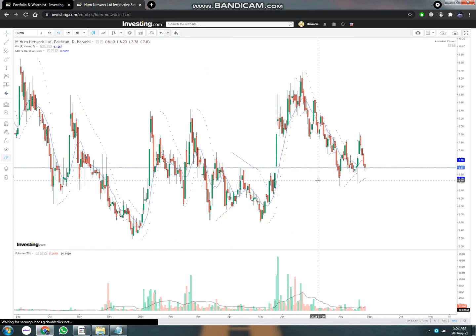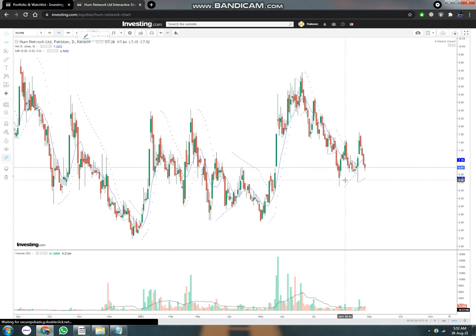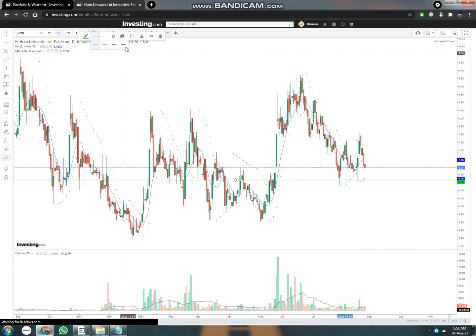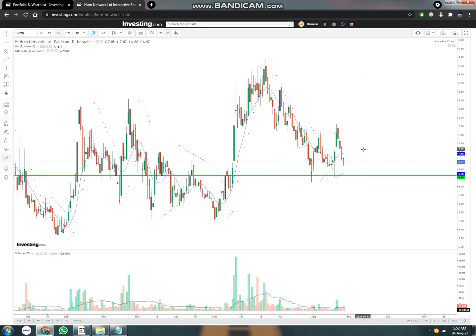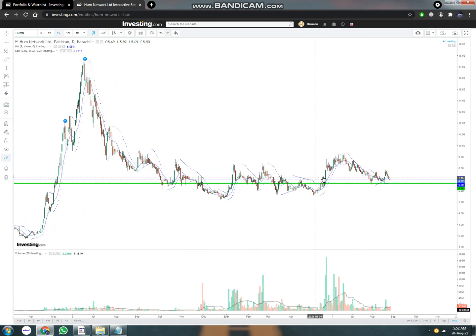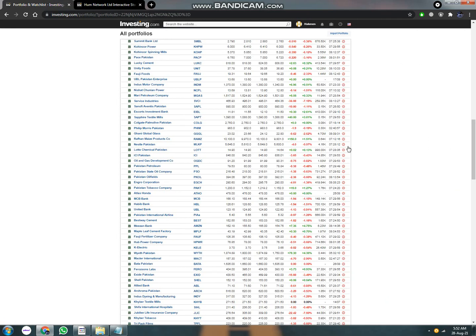Now this is a strong support level at this point, because I've recognized it now. From this point onward, the stock would increase in value, and you'll see how much profit it will give you once it starts to go up. For quite a long time it has been trading sideways, and you'll see that it would go up further as you keep trading the stock.